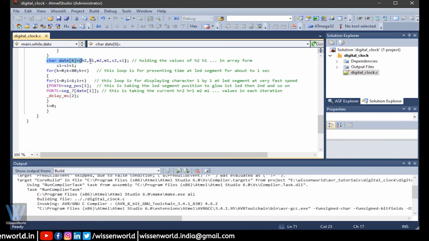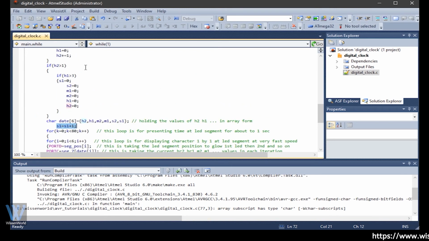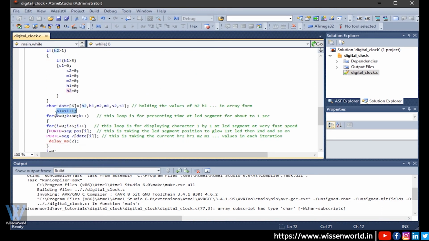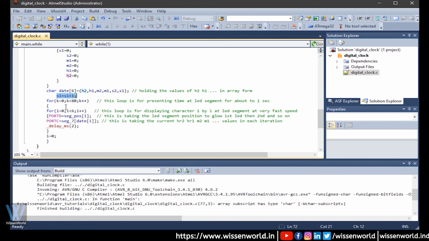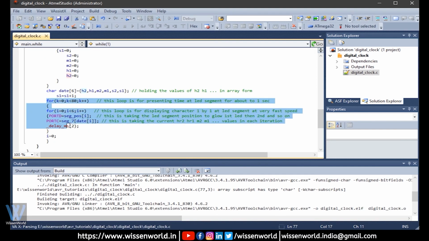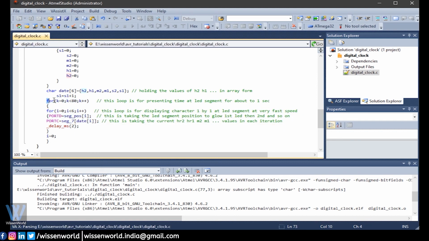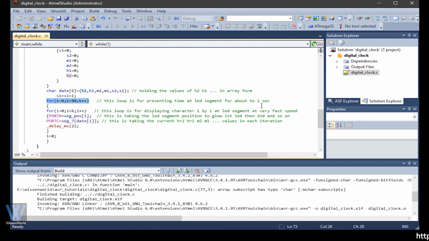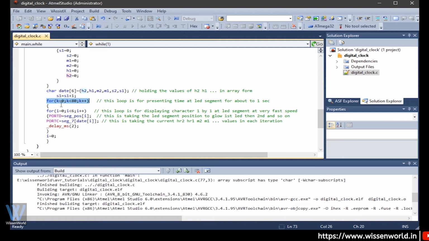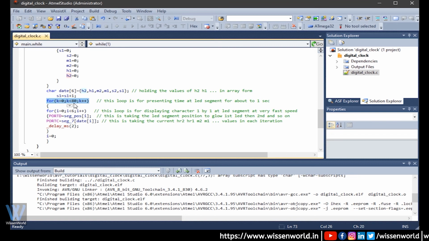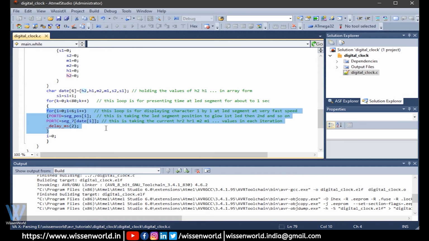We have made a char data array in which seconds, hour and minute are written. This is the counter which we are incrementing, that is second. And after this, the for loop, and this value is very important in the case of displaying the data on the segment. We can tweak this value, and in my case it was about 1 second. This 80, you can tweak to about 50 or 110 according to you.